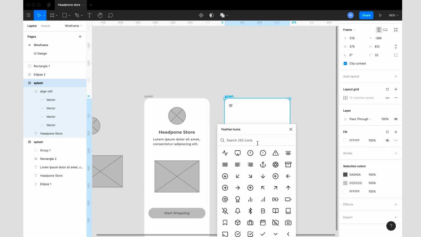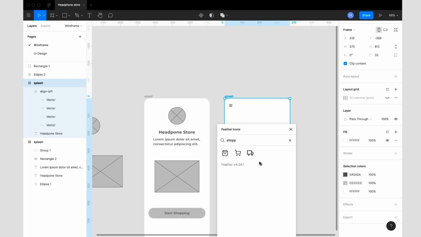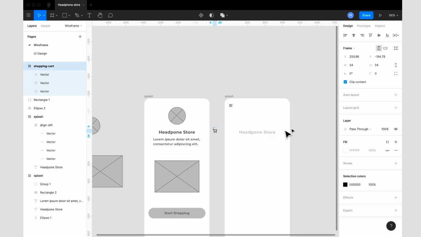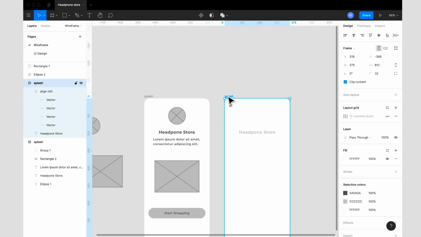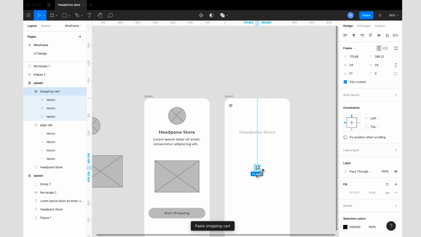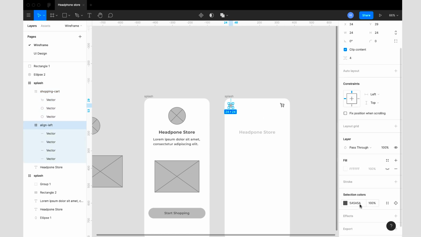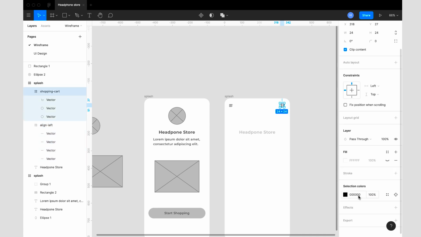So I'll search that, and I'll say shopping cart. Here it goes. So I'm going to select the icon, and use Command X to cut it off there, and Command V to put it inside this frame. So I'm going to drag this to this point, and this color I'm going to pick it, which is 5.8, and also make the same color for the